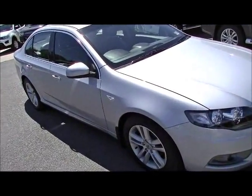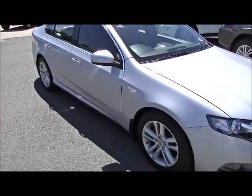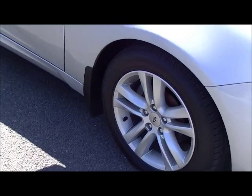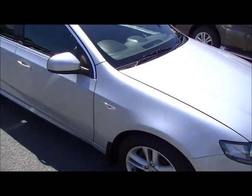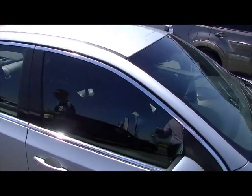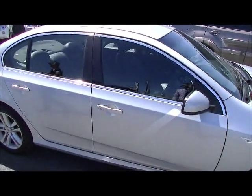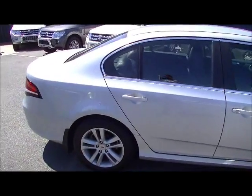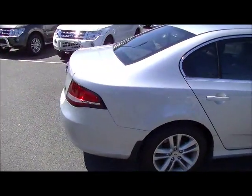Looking down the side of the car, you notice we do have factory alloy wheels. The really good thing about the alloys on this driver's side of the car, they're actually unmarked. Tyres on the car look like they're probably about 95% tread. And as we move down, you notice the Duco on the driver's side of the car in really good order. As we come around towards the rear of the car,